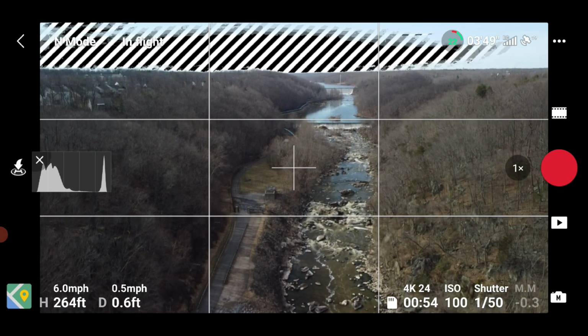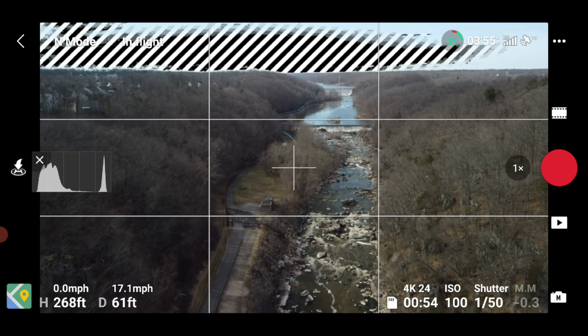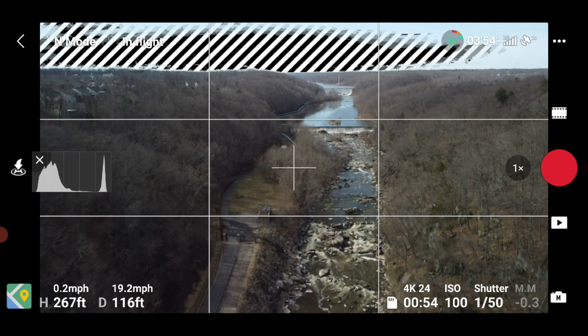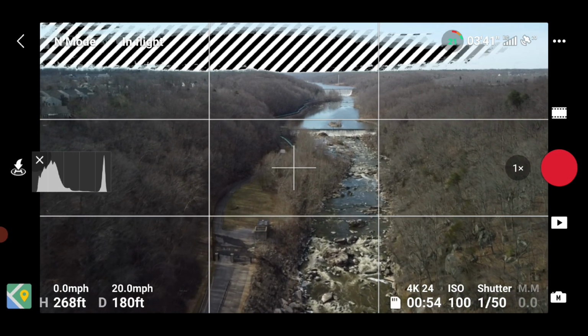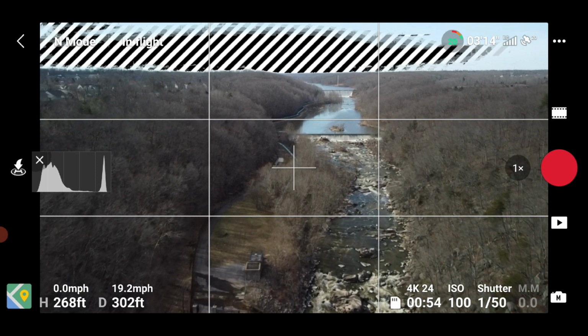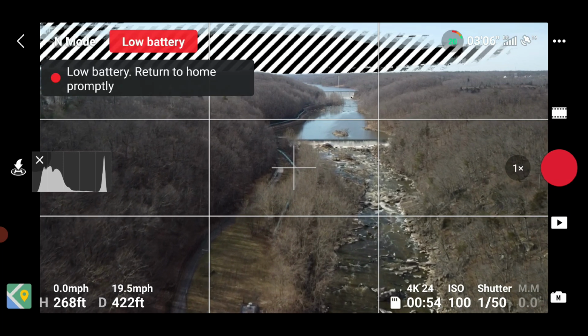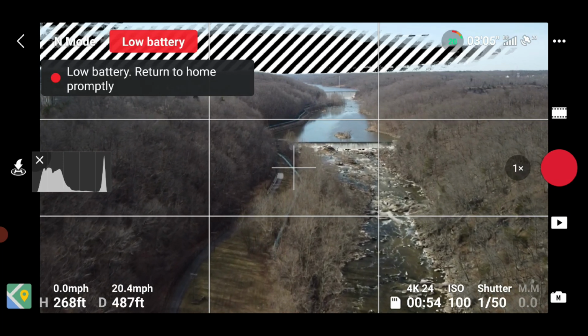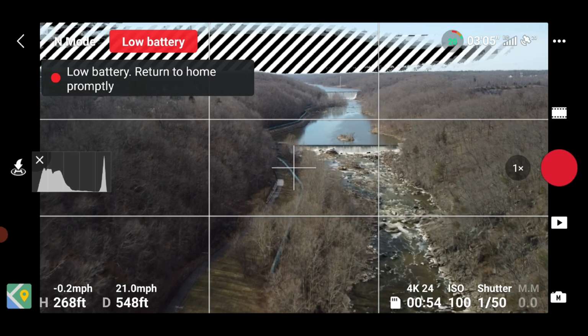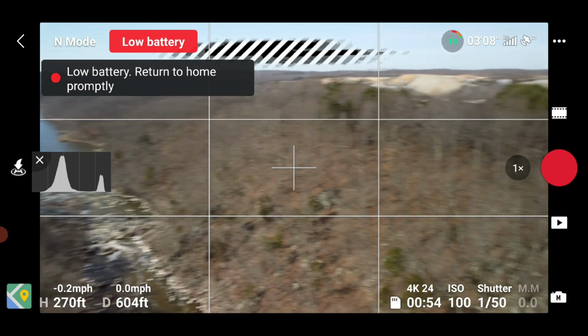Now, I remember maybe a few weeks ago there was a little drift, and I'm pushing straight forward and it doesn't seem like it's moving at all. And as you can see on the crosshairs, it's not really drifting. So it's about time for me to come home